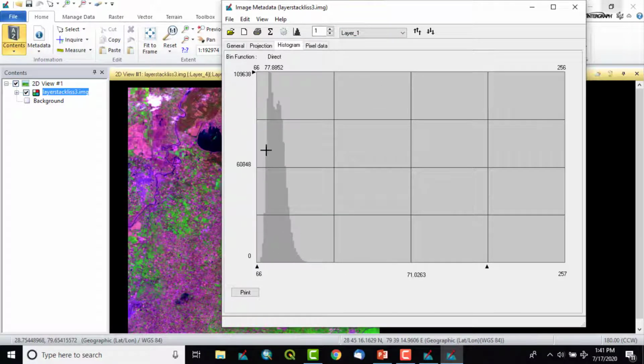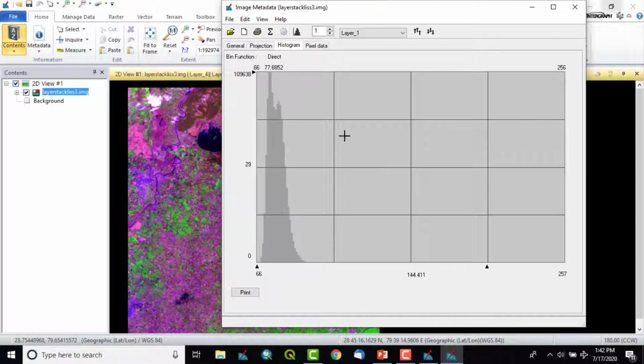The data of this band is limited from, let's say, a minimum of 68, you can see over here, 67, 68, and a maximum of 99, 100.